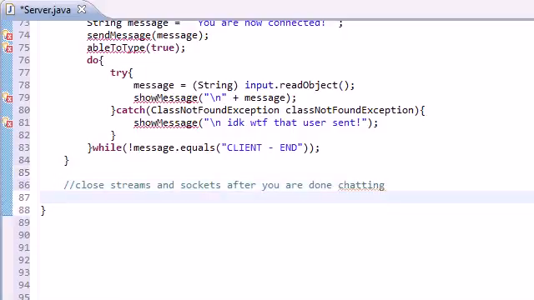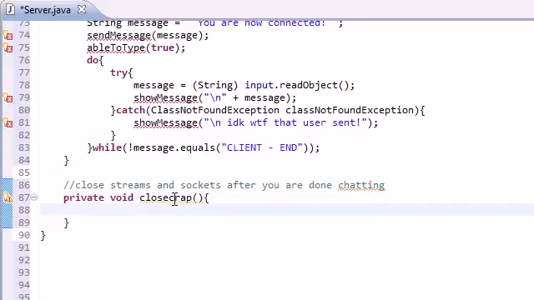Looks pretty good. So we'll name this, of course, don't have many choices, public void close crap, and obviously we have to build this ourselves. Java would not be ridiculous enough to name something close crap, although I wish there was a built-in method called close crap, because that would just make my day. But anyways, the first thing we want to do is give the user a prompt that says